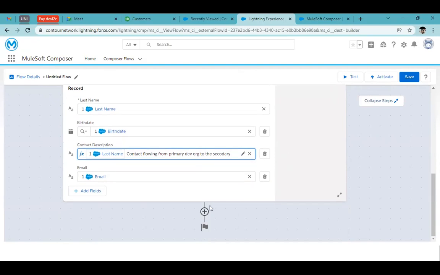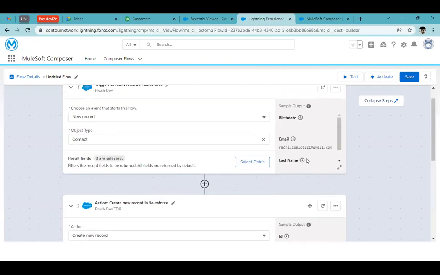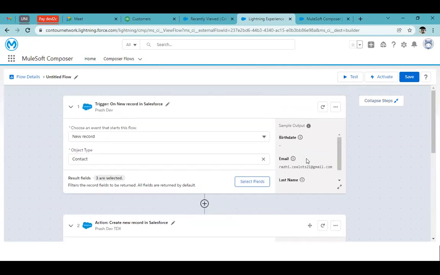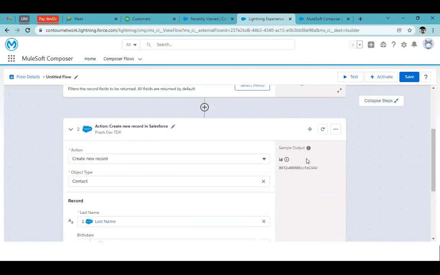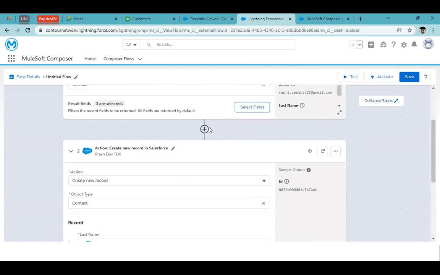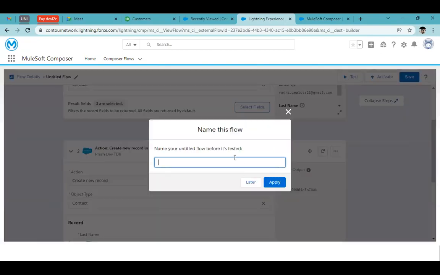Now I do not want to do any other steps. I just want to do a test. As I've mentioned earlier, as long as you're 100% sure that the flow is perfectly accurate, because I am pretty sure over here, because we just have 2 steps. But if you're trying to build larger flows, then it's very important that you test it, right? So when I click on test, it's asking me to name my composer flow. So I'm just naming it demo 1, and click on apply,